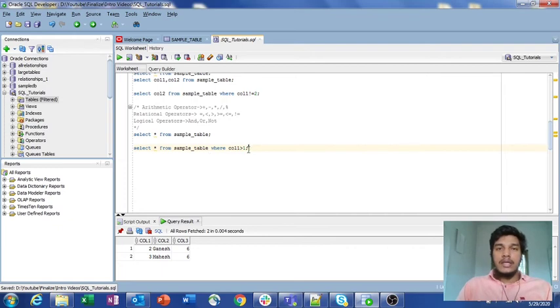In this video we have discussed how the equal to operator works, how the less than and greater than operators work, as well as less than or equal to and greater than or equal to, and we also saw not equal to. All of this was explained using only one specific condition. In the next videos, while discussing logical operators, I am going to explain how to check for multiple conditions using logical operators.